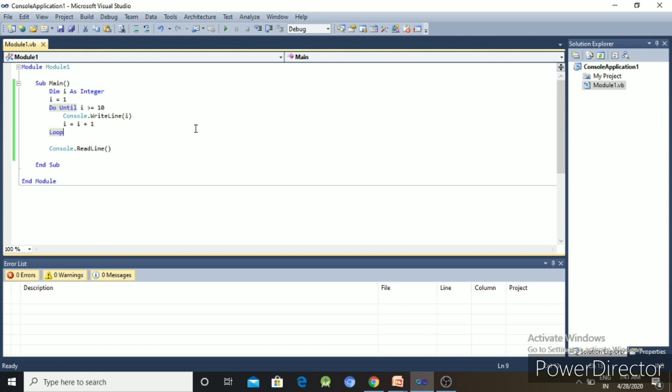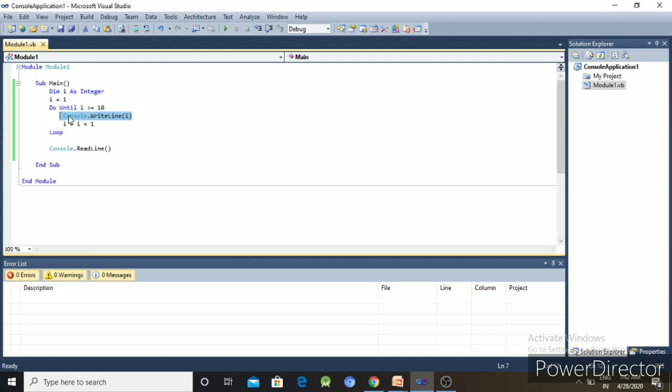Remember, the while, do while, and for loops execute till the condition is true and terminate when the condition is false, whereas the do until loop executes till the condition is false and terminates when the condition is true.